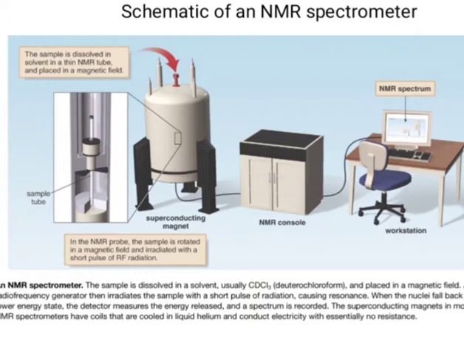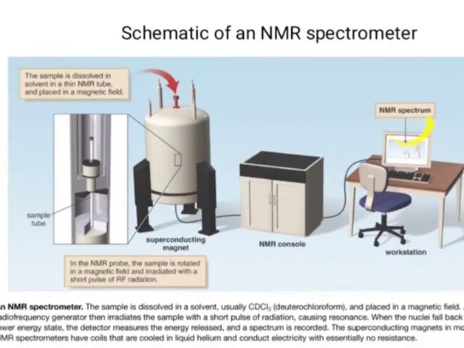Superconducting magnets are used for applying the magnetic field, and there is a radio frequency generator, that means an RF source or light source which emits a number of radiations, and then resonance occurs. The ground state nuclei go to the excited state and spins get inverted. When the nuclei fall back to the lower energy state from the excited state, the detector measures energy and a